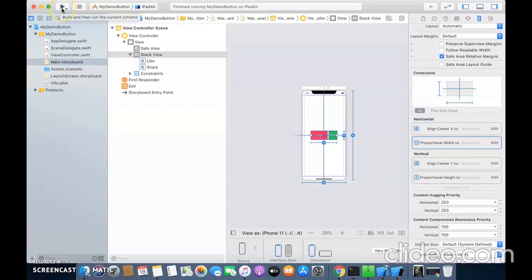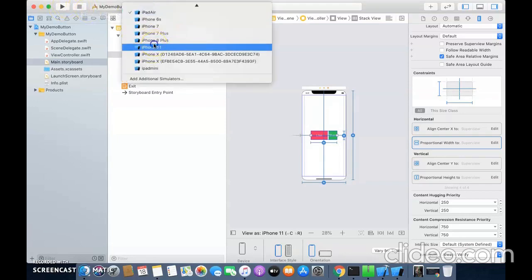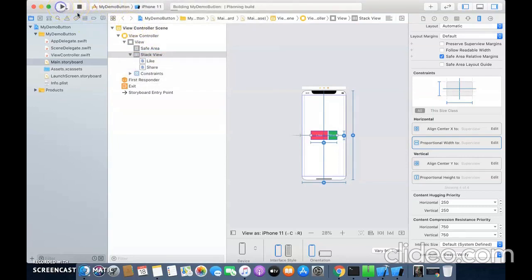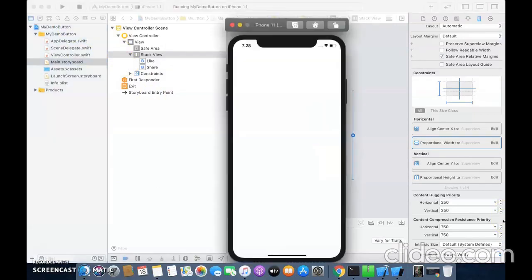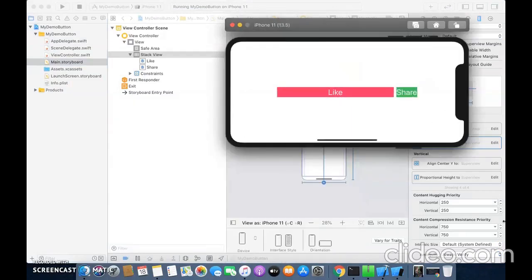So let us just run our app in a different mode. First of all, let us run our app for iPhone 11 only and just check. Okay, relaunch our app. So you can see in landscape, the share button is taking only that much space that is required for the content, the text written.